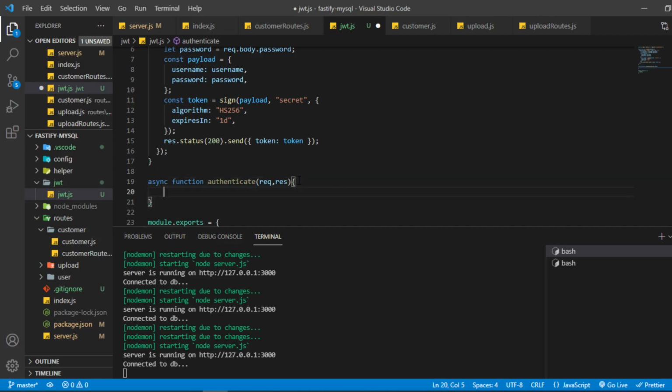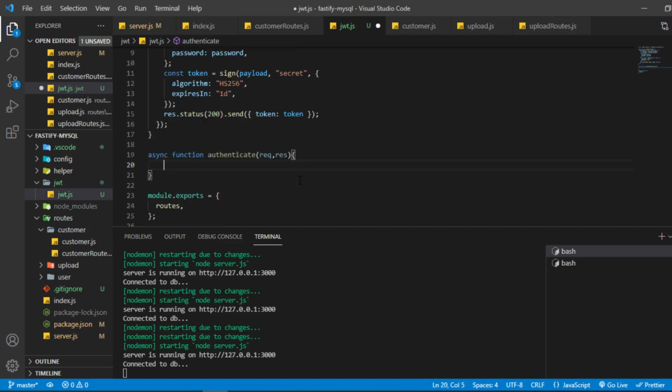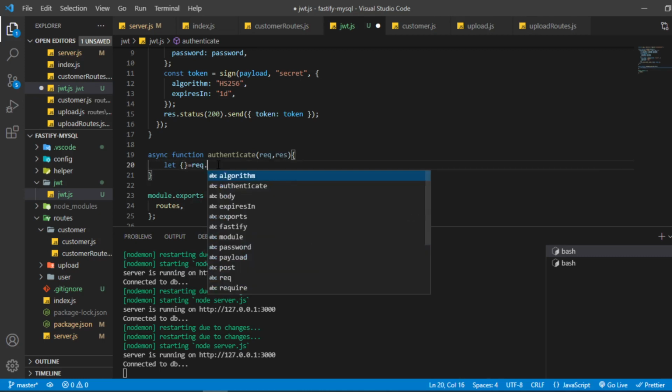And in this function, what I'll do, I'll simply take two things first. I will first let, and then we will have a request.headers.